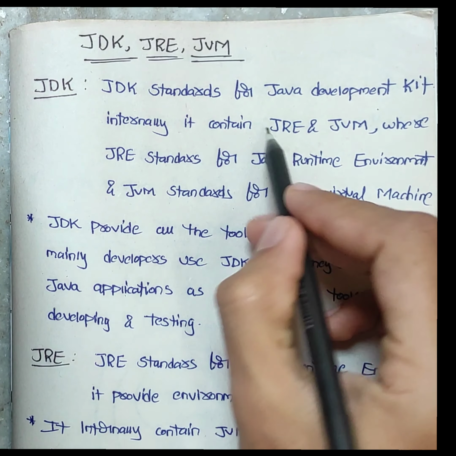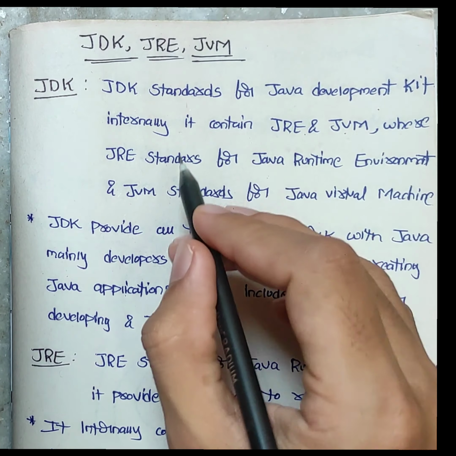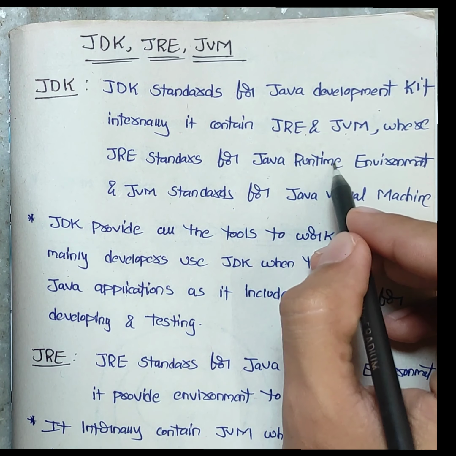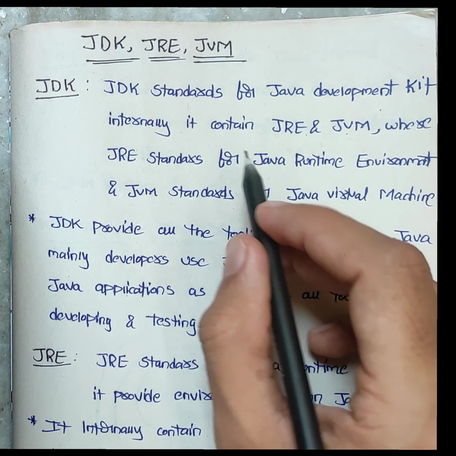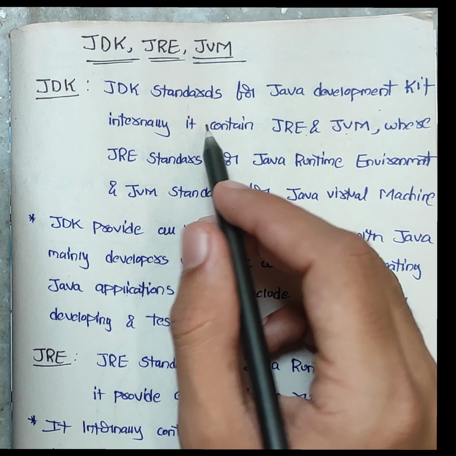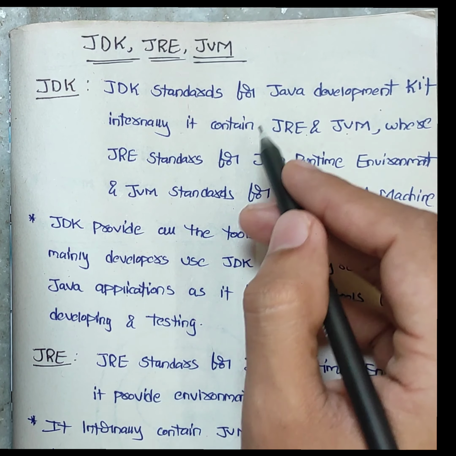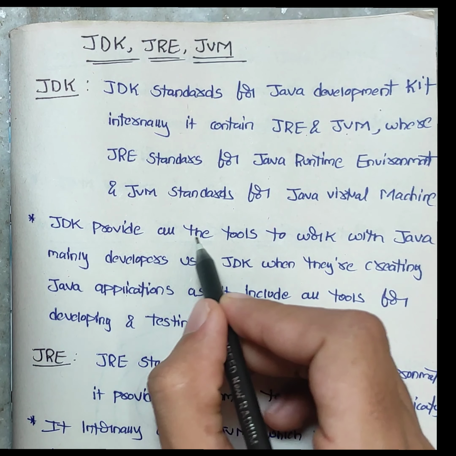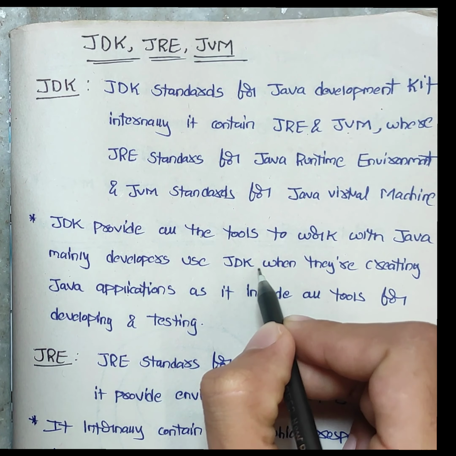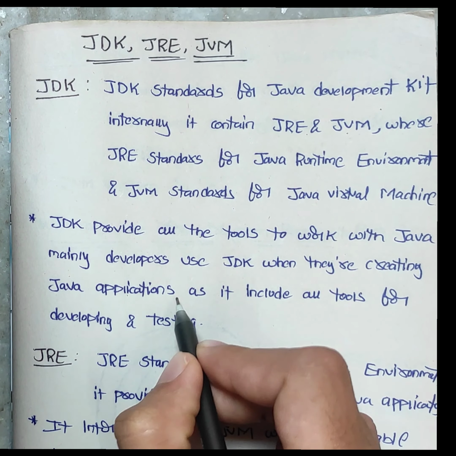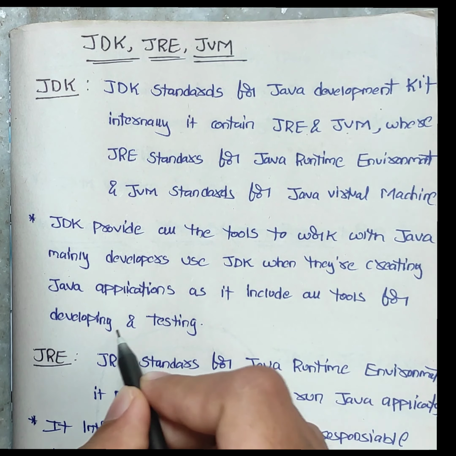Internally it contains JRE and JVM, where JRE stands for Java Runtime Environment and JVM stands for Java Virtual Machine, which means JDK is just like a superset. Internally it contains JRE and JVM. This JDK provides all the tools to work with Java. Mainly developers use JDK when they are creating any Java application, as it includes all the tools for developing and